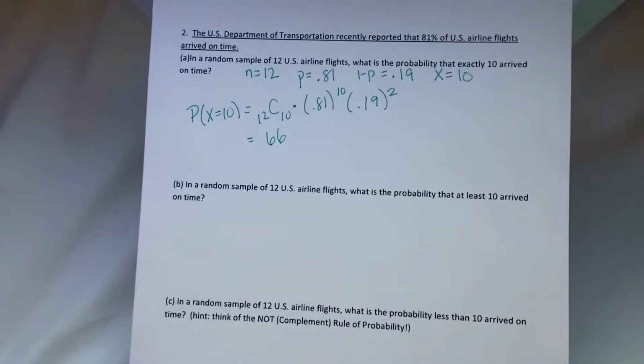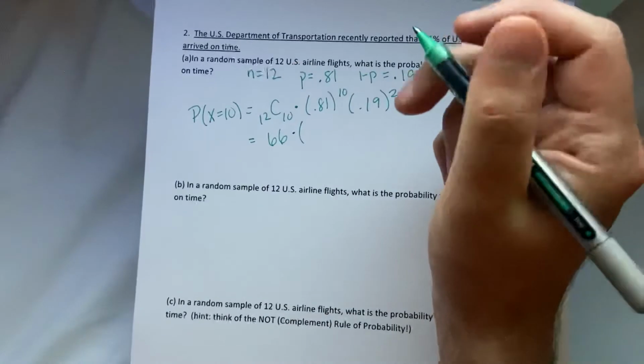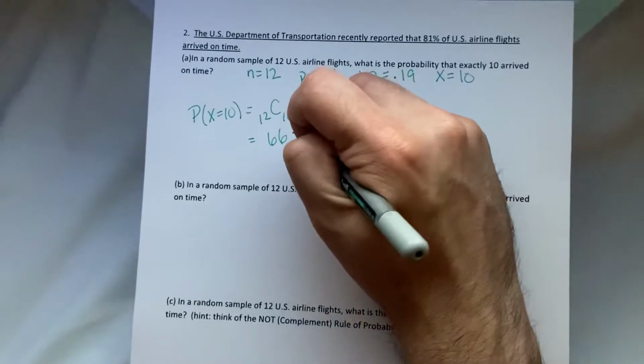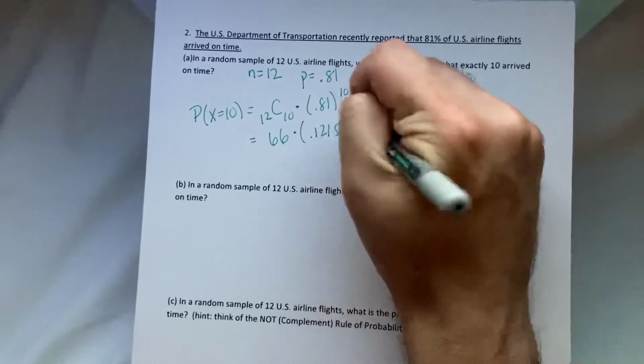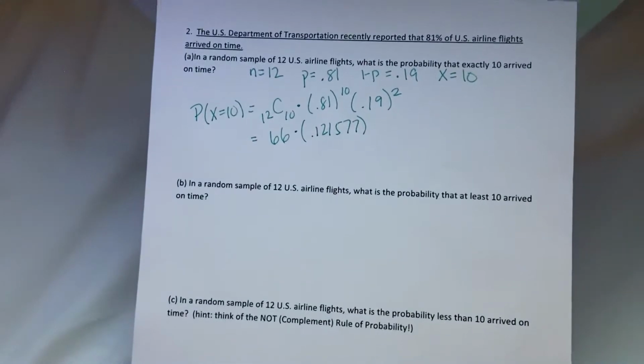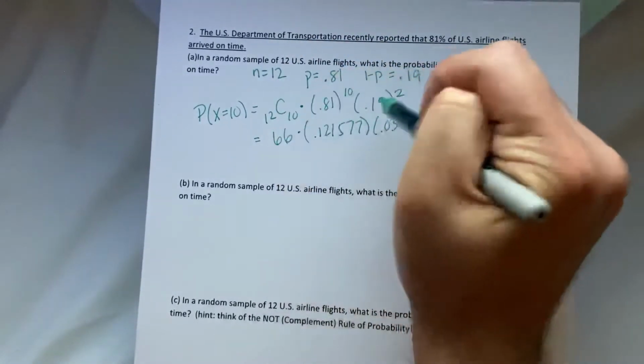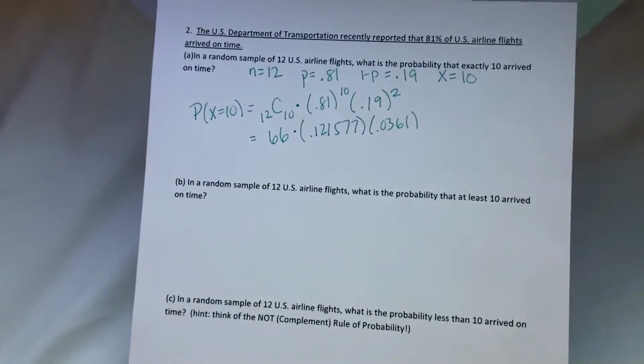0.81 to the 10th. It's really important that you round these late if you're going to round them. We'll go like 6 decimal places just to be safe: 0.121577, and 0.19 squared should be 0.0361. And of course you can type this whole thing into your calculator and it will give you the most accurate answer. But if you're not going to do that, 66 times 0.121577 times 0.0361